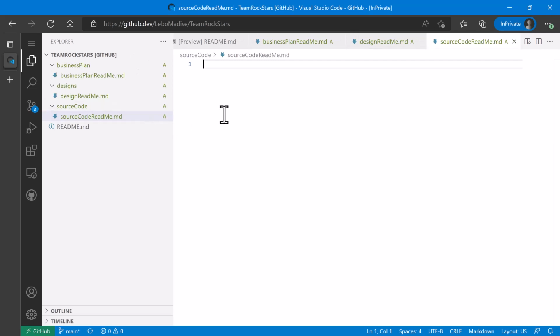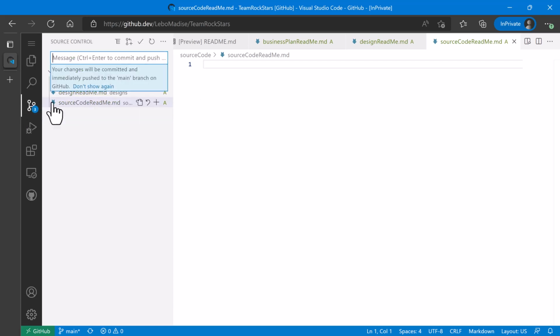Okay, now that I've created all these three files, as you can see over here, there's a bubble showing that the version of the files that I have currently on my web editor are ahead of the version of the repository that's online on my GitHub. So to bring it all up to date, I need to commit and push it to my online repo. So my commit message is going to be created initial project